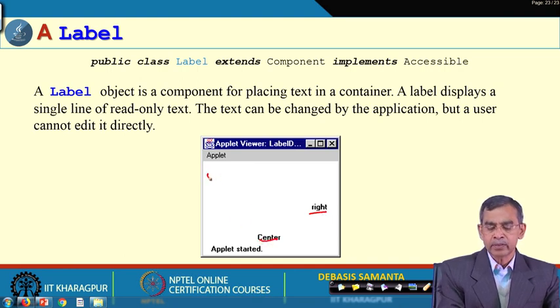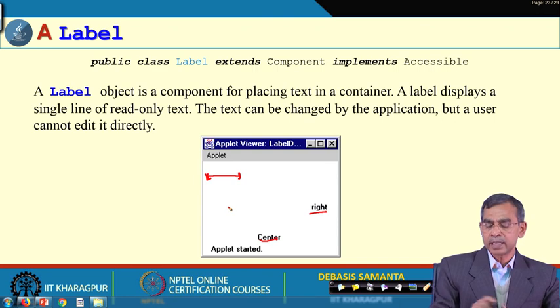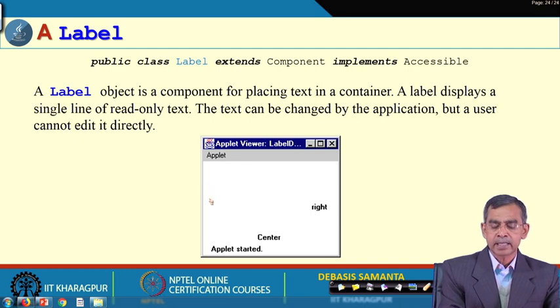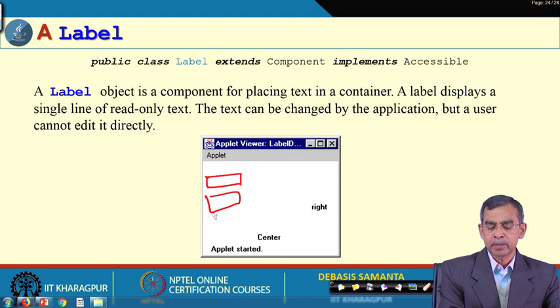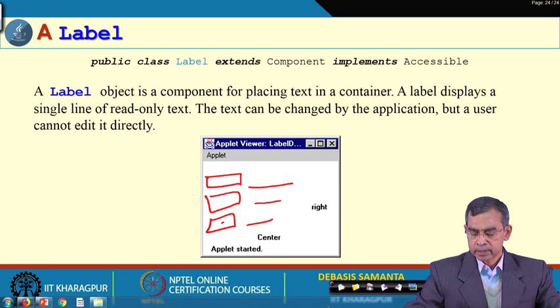Label means anything that we can write on the applet, like say with drawString. If we use drawString, some label can also be put here, but Label is the one class which is explicitly used for making different labels. For example, I can write first name, last name, roll number, and these are the labels. So label is basically just a string which can be floated on a screen.